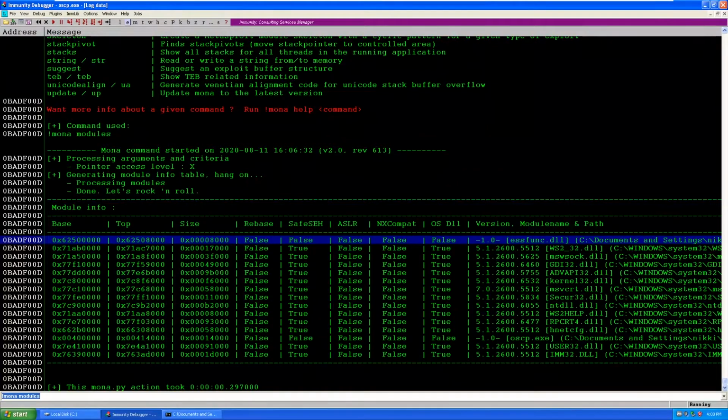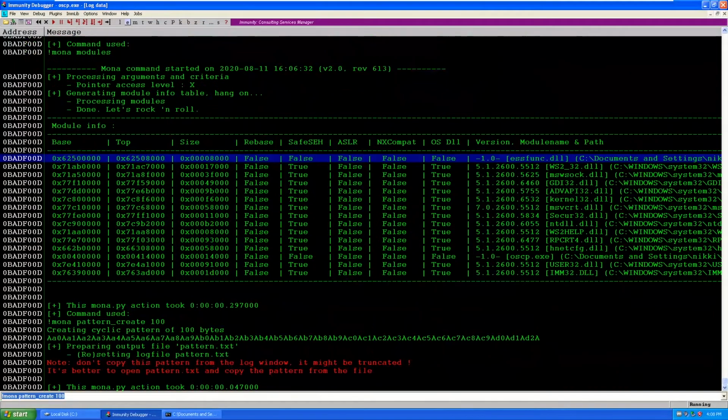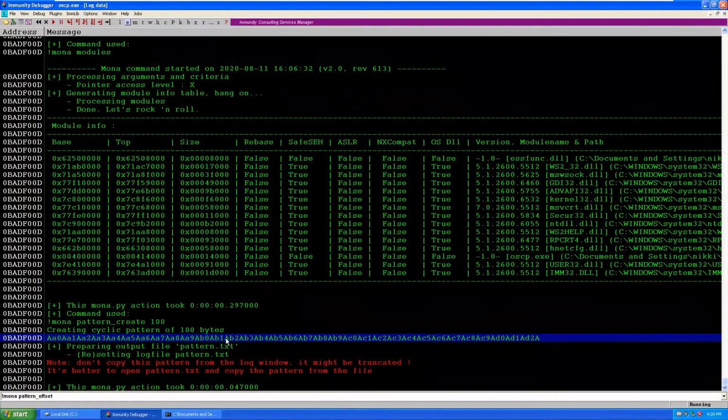And we can also create the pattern using this Mona module, just like in the Metasploit Ruby files. Same syntax, create 100 bytes. So you can see it is creating a cyclic pattern of 100 bytes, and we can say pattern offset, and say I want to find the index of 1Ab2.